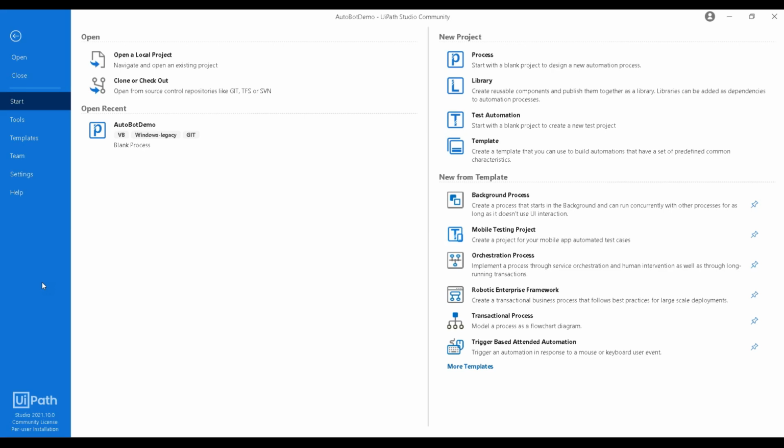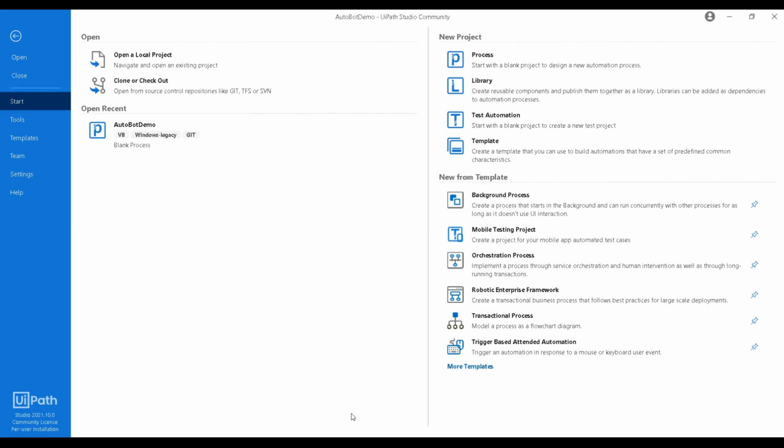In the older version, inside the Studio, we didn't have the test automation project available. But in the latest version, 2021.10.0, we have test automation available in the Studio itself. As per my assumption, going forward, there will be only two Studios available in UiPath, that is the Studio and the Studio X. Studio Pro will not be available. Okay, so let's start with today's session.